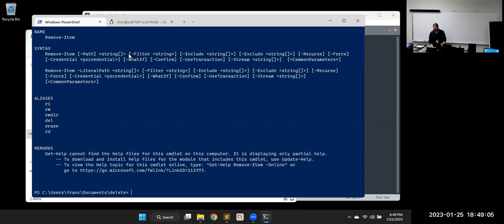And then this next one, filter. So if we need to do some sort of filtering, not gonna get into that this evening, but notice the parameter name and the type are surrounded by square brackets. And the difference there is this is a required parameter. And if name and type are both surrounded by the brackets, it's optional. So if we look through here, it looks like remove item, and the only thing that's required is the name of what we're removing. Everything else is going to be an optional parameter.